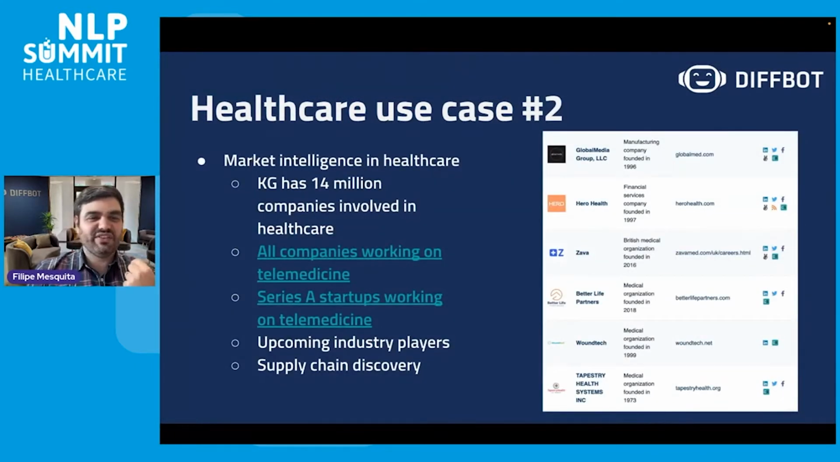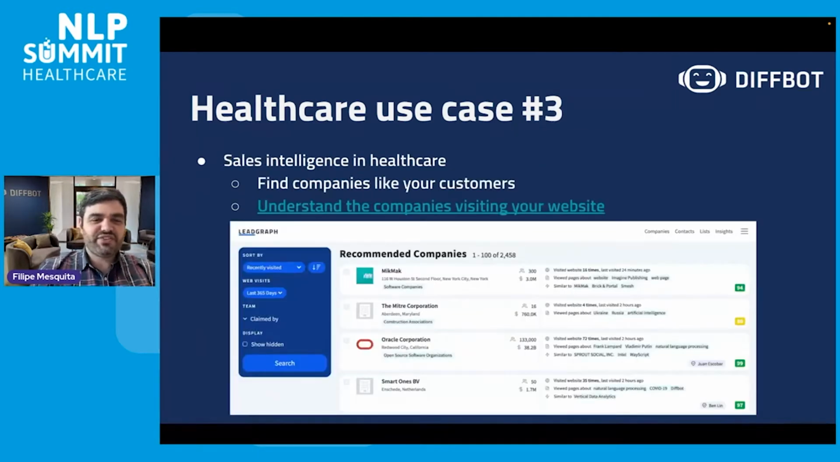The second use case is for market intelligence. There are actually 14 million companies involved in healthcare in our knowledge graph, and you can search all of them, or you can go deeper into a niche. For example, you can look at what are the Series A startups working on telemedicine. And there's not many of them, but you can actually find them on the knowledge graph. You can find the companies, who are the CEOs of those companies, who works there. If you want to contact them, maybe they are upcoming industry players in your niche, we can provide that data as well. And the third use case is to provide sales intelligence for